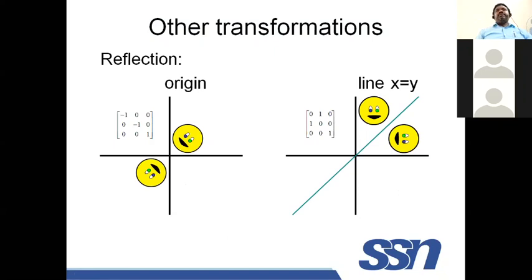And similarly, you can do mirroring operation with respect to any line or any axis. You can define the axis arbitrarily, or according to the requirement also you can define. In this case, it's a straight line x equal to y, where this will be the transformation matrix. This you have to remember. X and y are equal. Okay, these two, right?